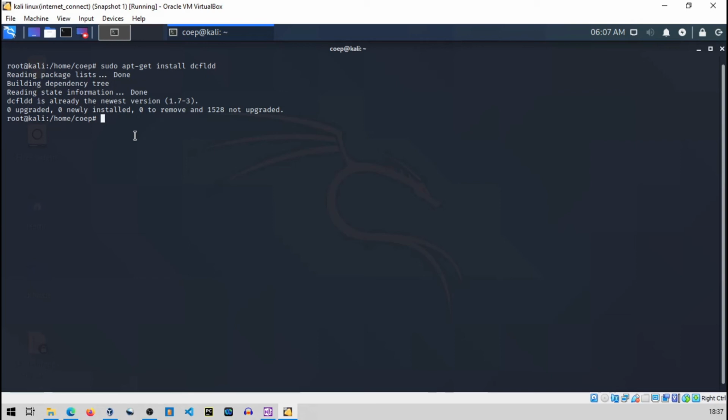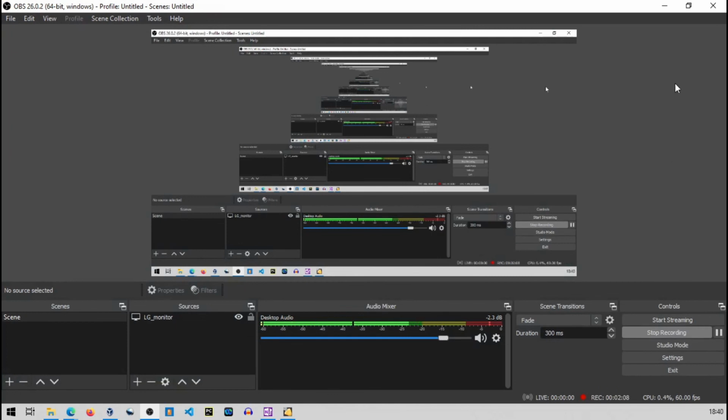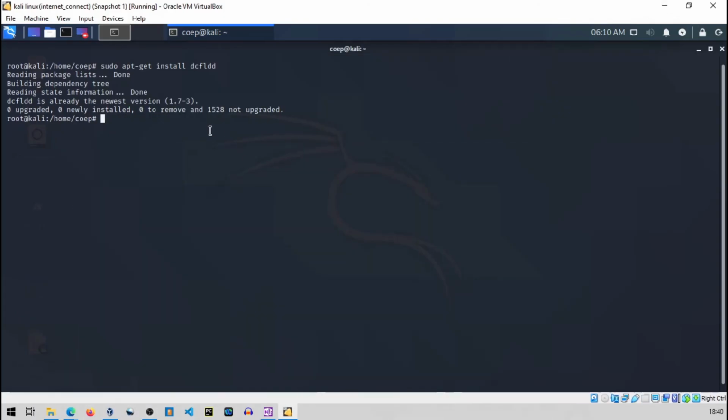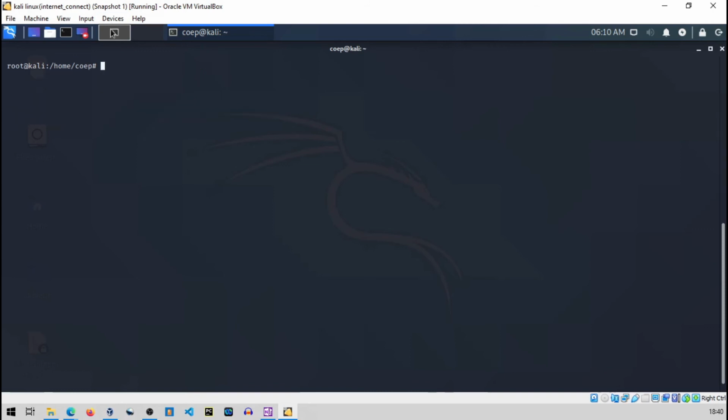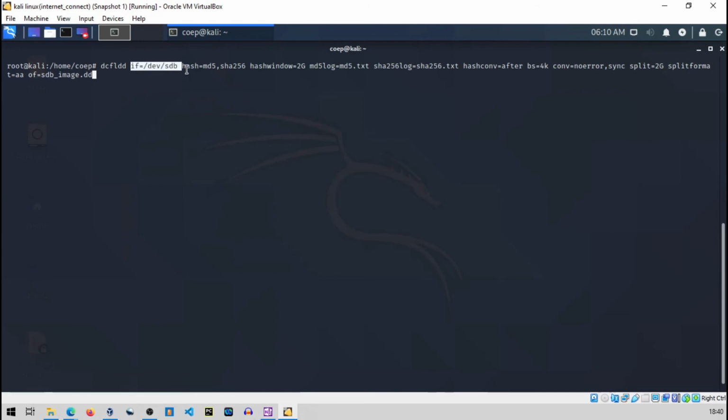So now I will show you the working of the dcfldd command. I will just paste the command here. It's quite big, so I will explain it. This is the input, then hash, the algorithm which you will be using. Here I will calculate both hashes, MD5 as well as SHA.